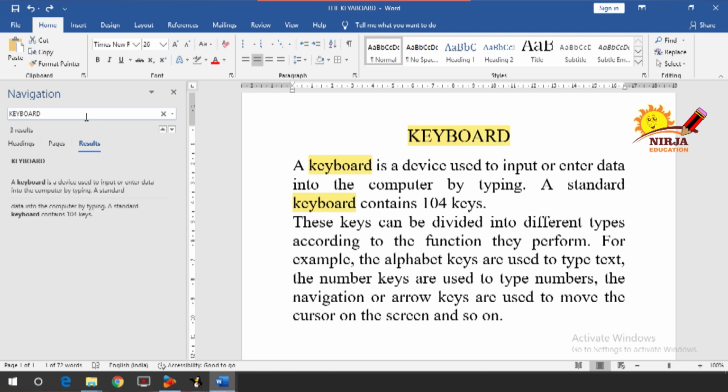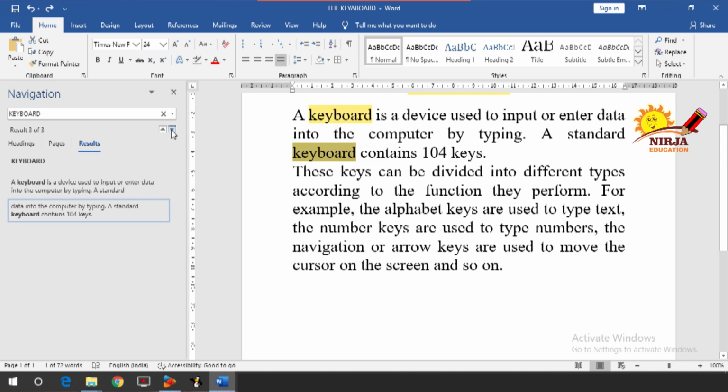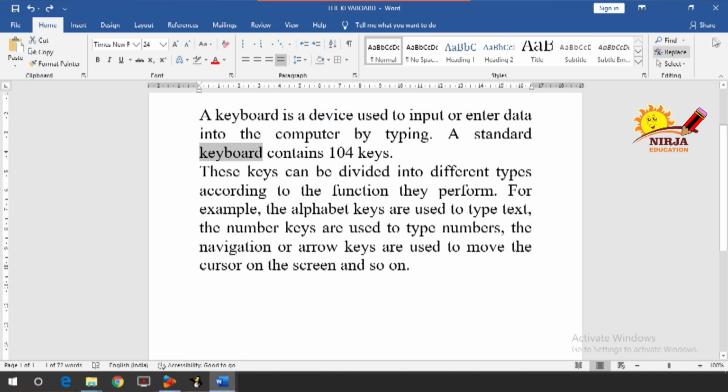As you can see, I have typed in capitals, but they have shown wherever I have typed keyboard in the document and they have given the highlight over here, right? Now they have selected the first word. If you go down, they have selected the second, and if you go down again, they have selected the third one, right?